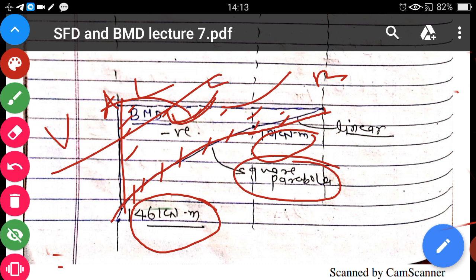After that, you can take the section from any specific point, but in the case of a cantilever beam, you can take the sections from the free end because it is very convenient to analyze the beam in that case. Okay, and after that, the case of simply supported beams and overhanging beams, we will deal with in the upcoming lectures. So this is the end part of my video.